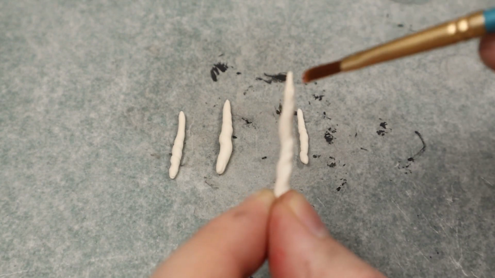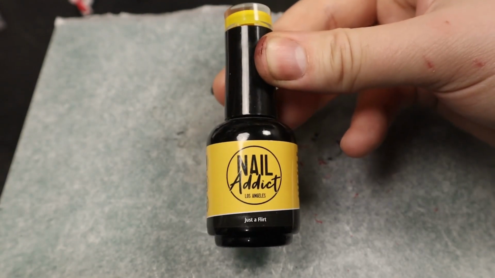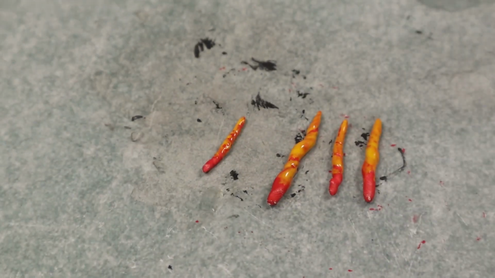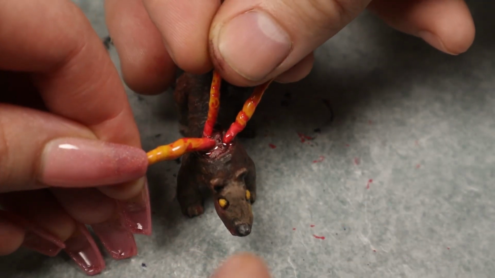Yeah, that's better. I made these spikes out of clay, then I painted them a red color, then I busted out some yellow gel nail polish and applied a small amount to said spikes. And once cured, we had our tentacles, spikes. Next, I used some UV resin to attach the spikes in the gross, fleshy part of the doggo, and since there were